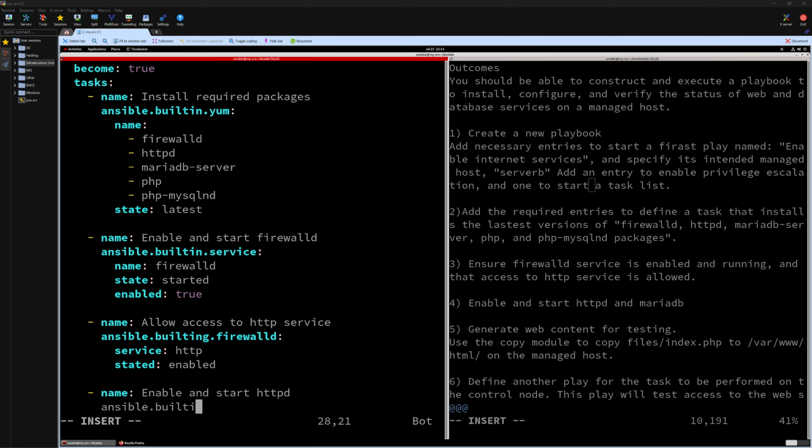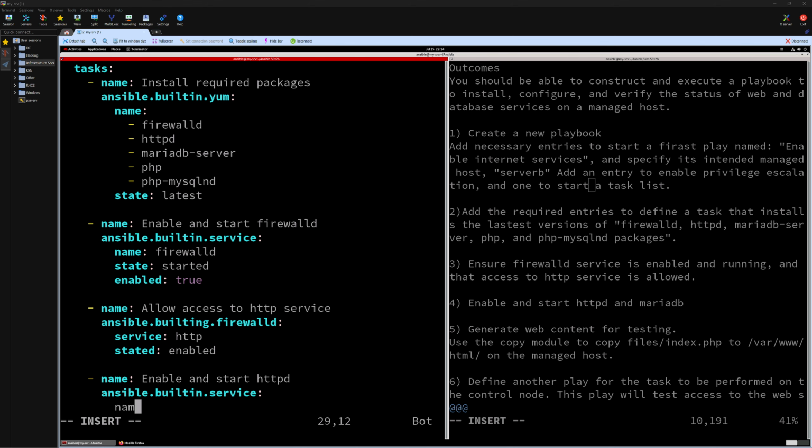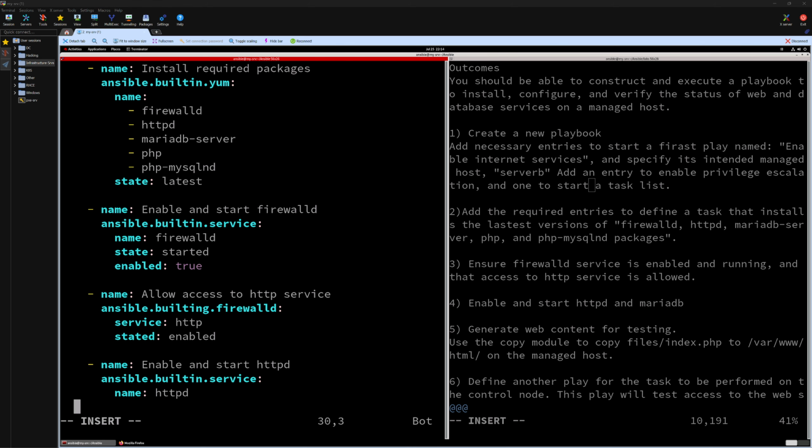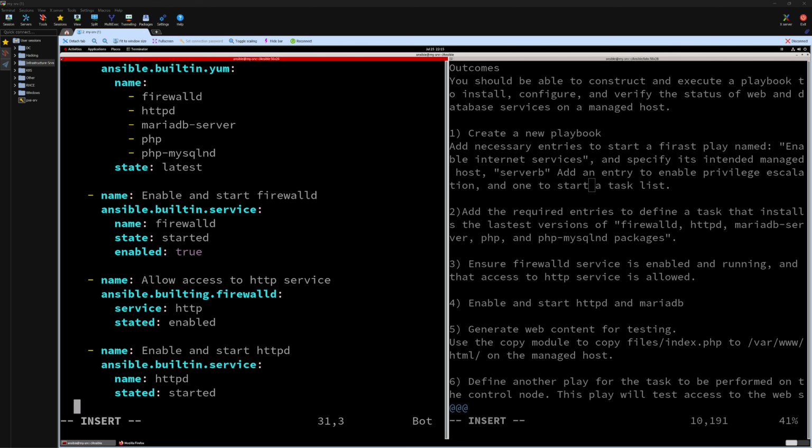Ansible built-in service, name HTTPD, state started, enable true,